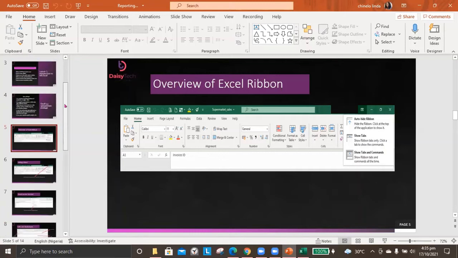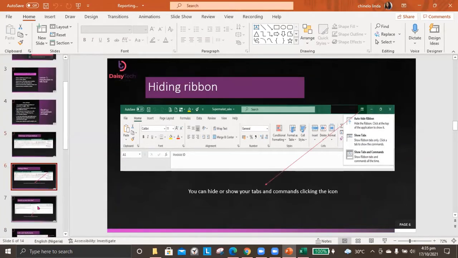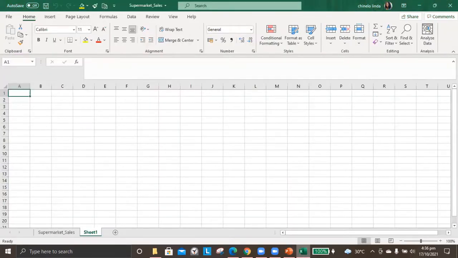So the next thing we'll be doing is the quick access toolbar. The quick access toolbar is just to put everything that you want to be using almost every time in one place, so you can easily access it. So now, going back to my Excel, this icon, the icon that has